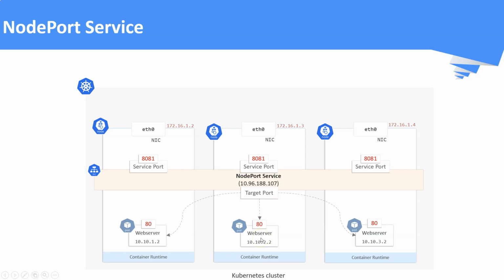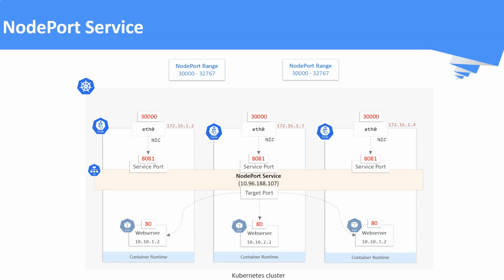Up to this level, the traffic flow is exactly equal to the ClusterIP service. Additionally, on top of this, the NodePort service maps the worker node's port number with the service port number. Now this NodePort service is exposed to the external world using the worker node's port number. These node ports must be in the range of 30,000 to 32,767. In this example, the node port number is 30,000, the service port number is 8081, and the target port